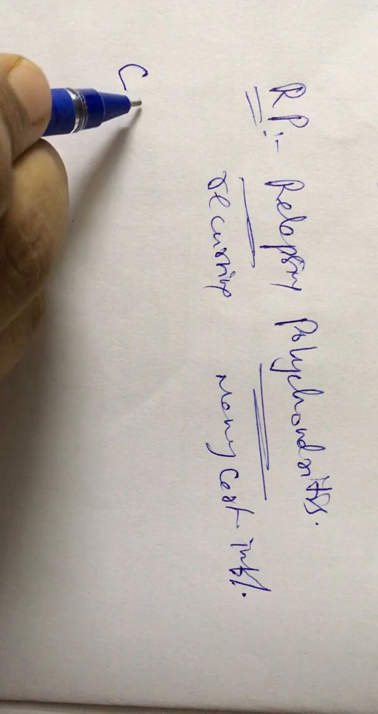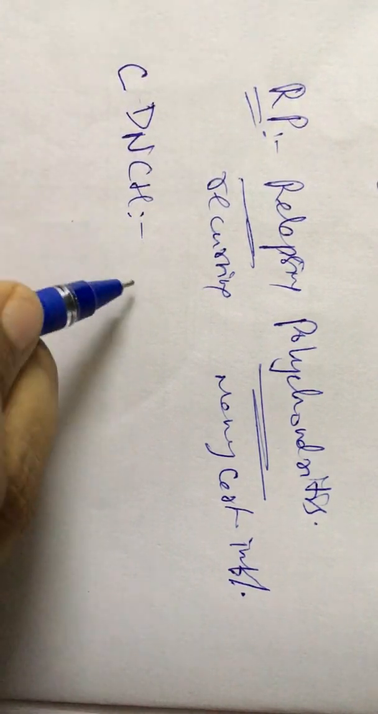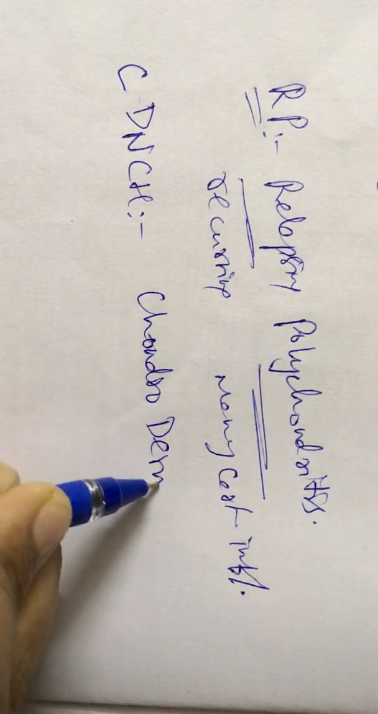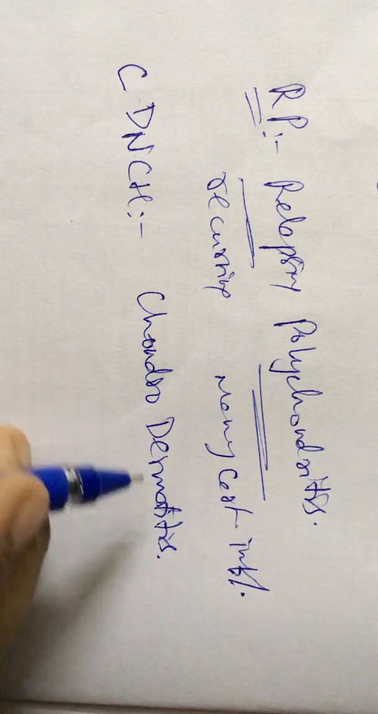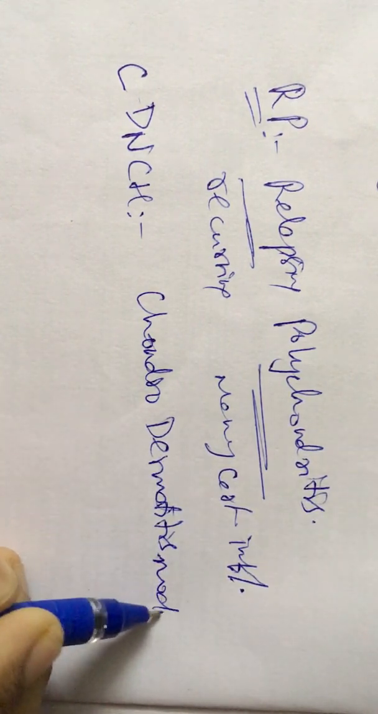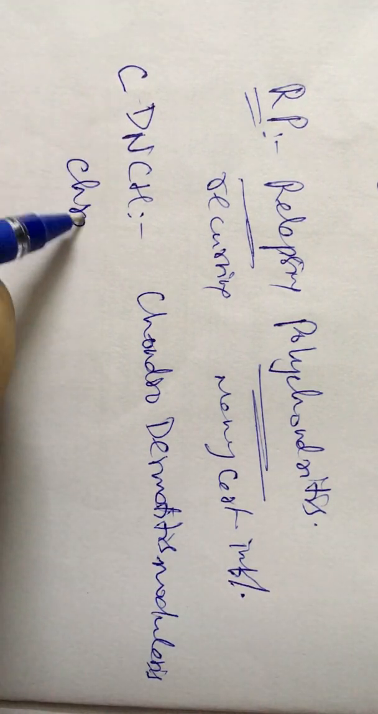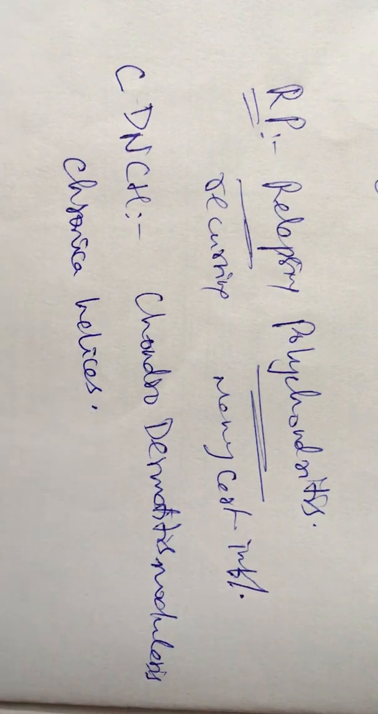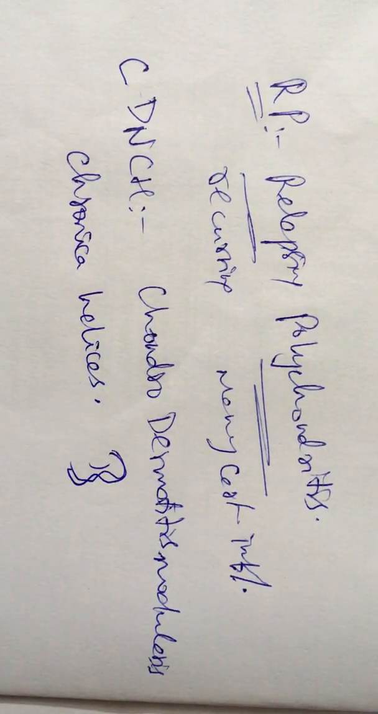And the last type, or the third type, is chondrodermatitis nodularis chronica helicis. It's written as chondrodermatitis, meaning the skin over the cartilage is going to be inflamed with nodules, because nodularis, for a long time, which is chronica, and the main part of the external ear involved is the helix. So the helix is going to be involved. That's why it's called